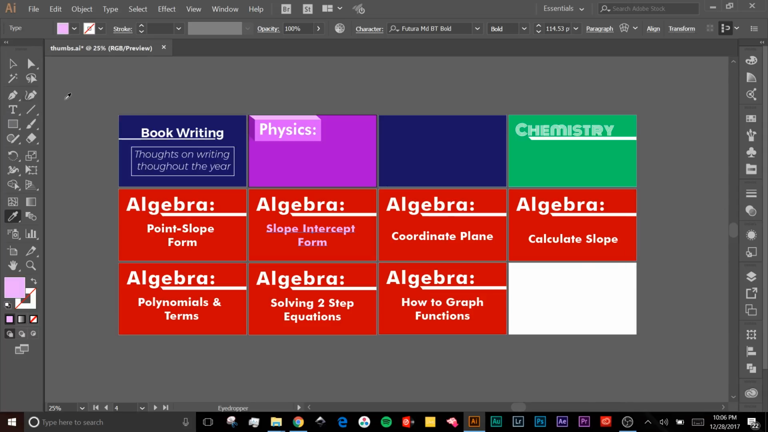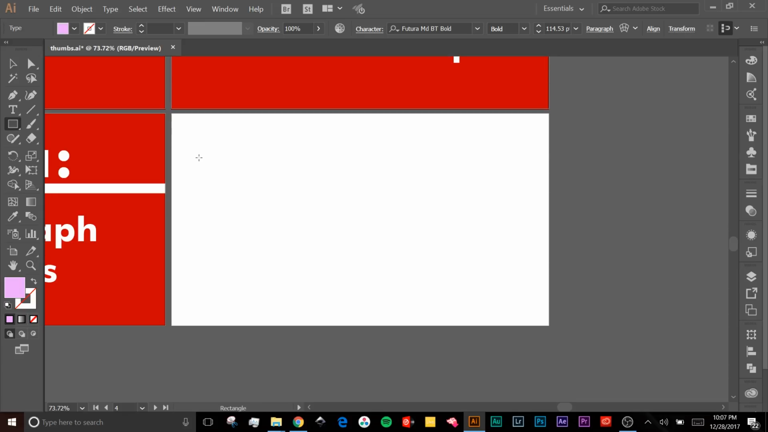The first step in creating one of these is putting a rectangle on the artboard. Z is the zoom tool, so I'm going to zoom in here. Then I'm going to hit M. That's going to give me my rectangle tool. I'm going to start at the corner, go to the other corner,